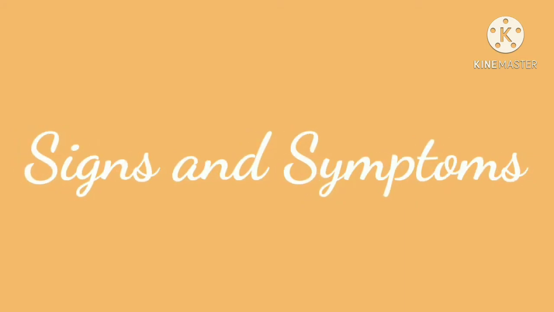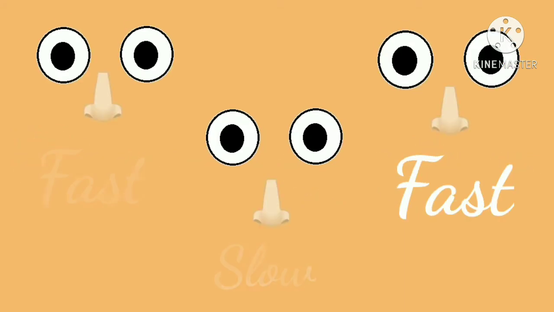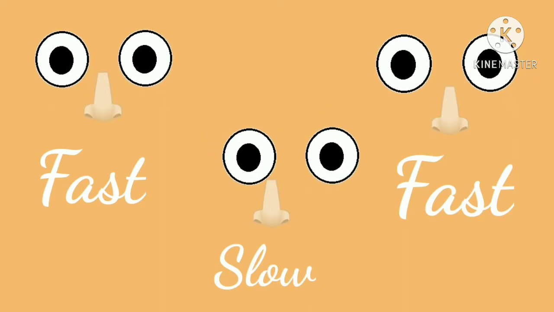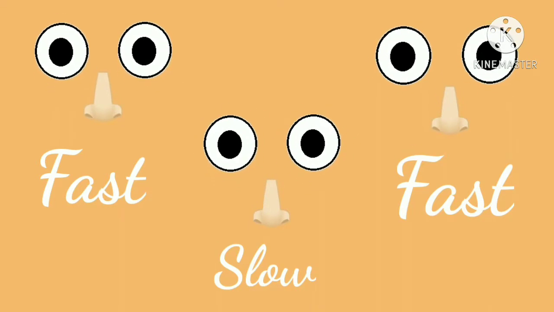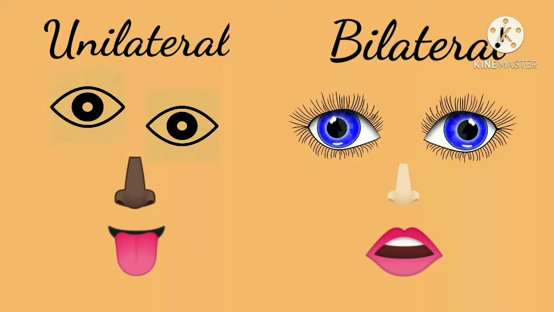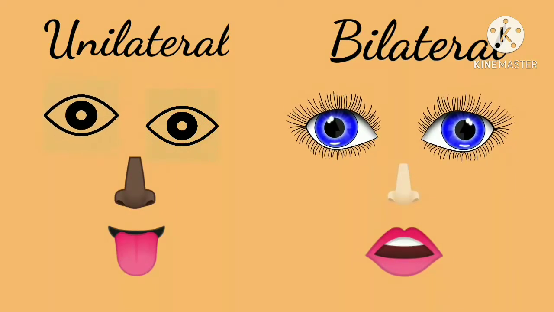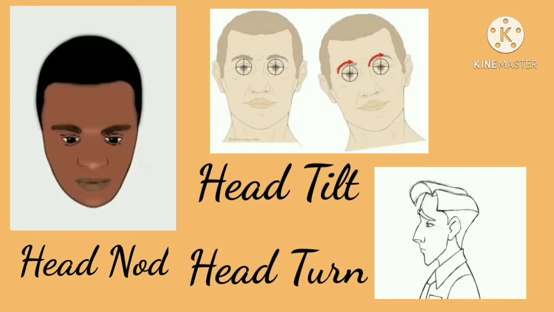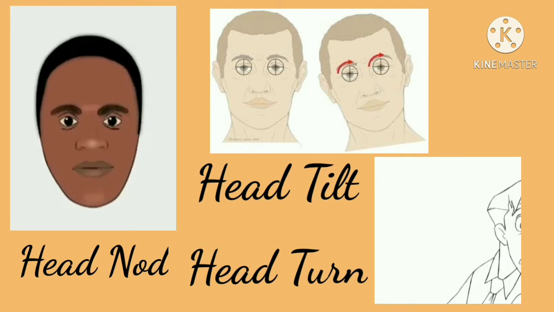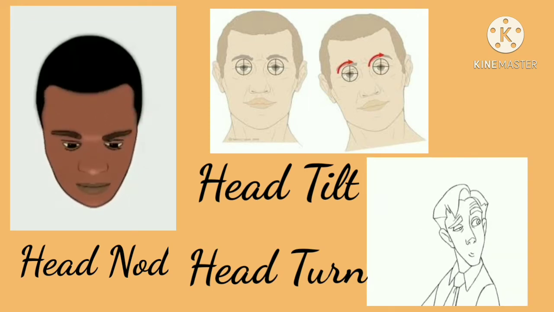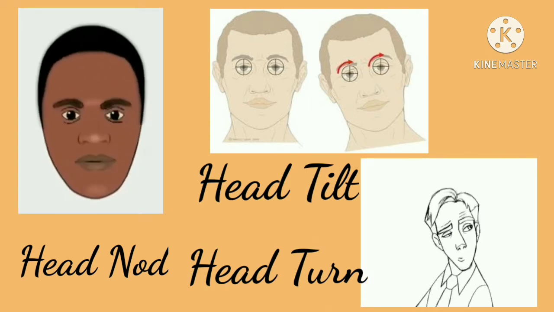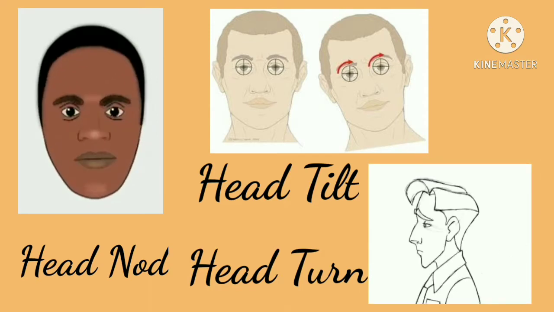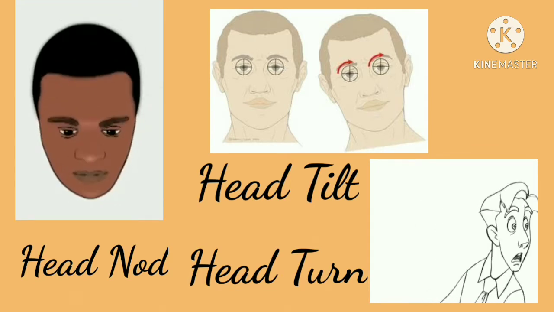These are the signs and symptoms of nystagmus. Your eyes move without your control. It might be fast, then slow, then fast again. The movement might be in one eye, but usually in both eyes. You may notice that you nod your head or keep it in a strange position. You do that because it helps you to focus when you can't hold your gaze steady. Things look clearer when you tilt or turn your head.